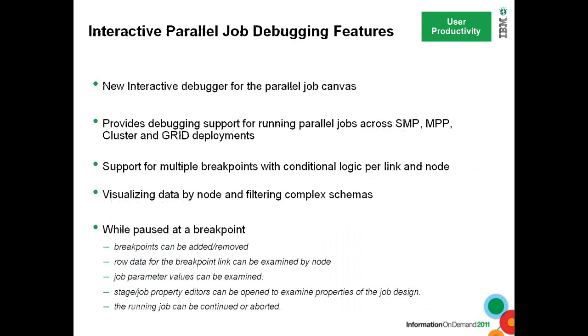So this was one of the biggest gaps that Information Server had, and that was plugged by the introduction of interactive parallel job debugging. So what we did was we actually introduced the debugger, and this is the parallel debugger, which means that when the job is running in parallel, for each node, it will give you the debugging information embedded in a single window, right? So it's a typical debugging tool that everyone is used to, and you can put breakpoints, watch, and you can resume. You can see statistics about a particular link and all those things in terms of which record is being processed. So all those things come standard with this. I'm just moving to the next one.